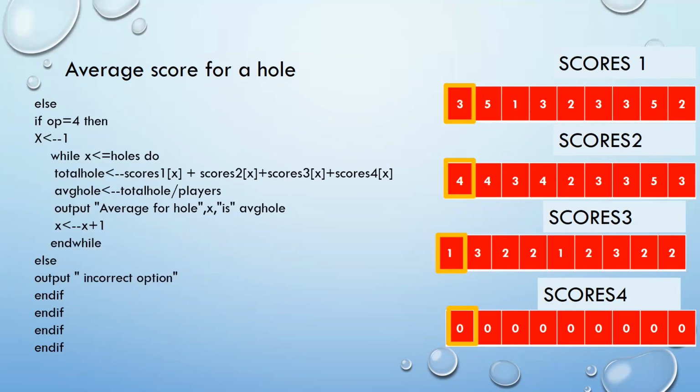This is the pseudocode. If the option chosen is 4, your loop will work as many times as there are holes.